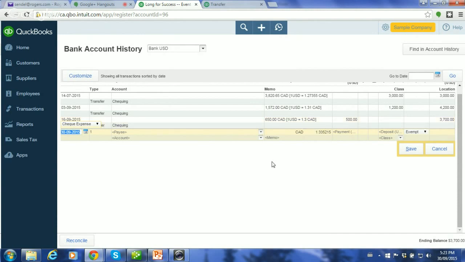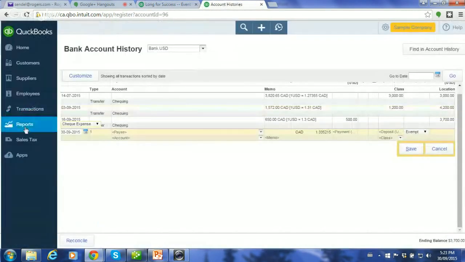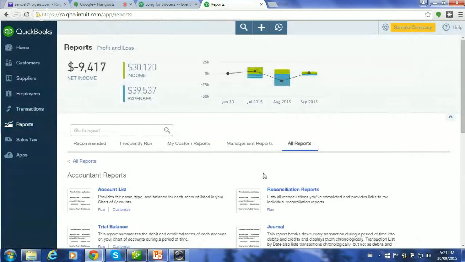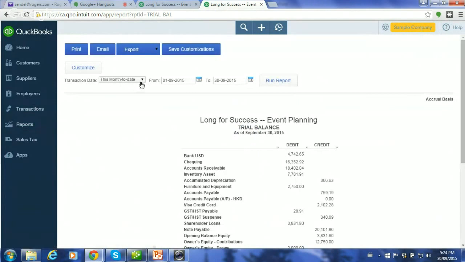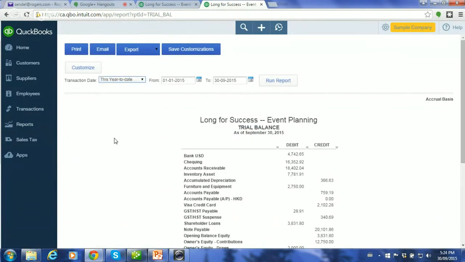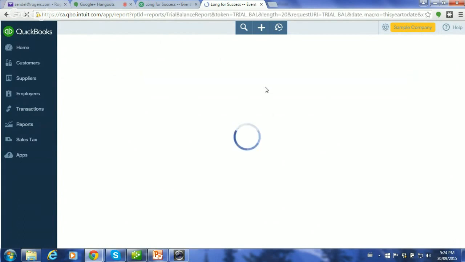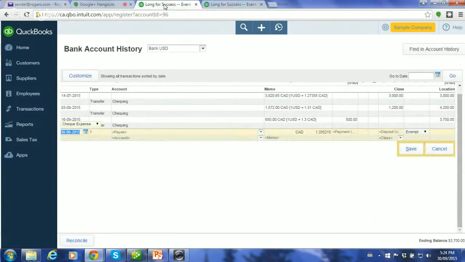Now when we're looking in here, we're seeing the bank US dollars, we're seeing it in US dollars. But if I were to actually call up a report, and we'll go a little bit beyond the question before us, let's just jump into trial balance here. And we'll just do this year to date. And by the way, anytime you change your report heading, you always have to hit Run Report to have your report up here. Have a look at our bank US dollar. On this screen, we got 3,700. That's US dollars because we're looking at the US bank.